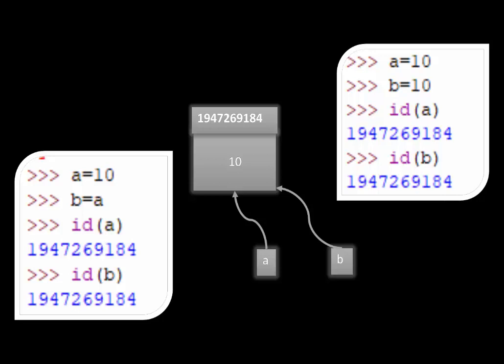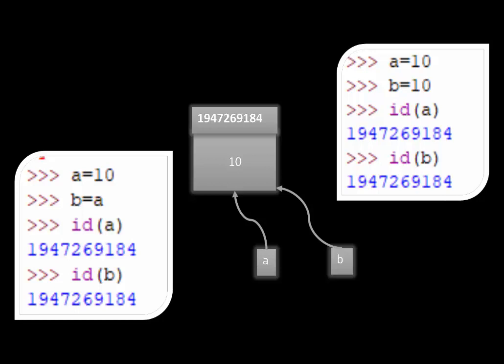Now if you see the other side, A is equal to 10, B is equal to 10. Here also, though you have written it as two statements, what have we studied in C? When you say A is equal to 10, there is a location created, it is named as A and it has 10 in it. And when B is equal to 10, there is another location created that also has the value 10, but it is named B. That is what we have studied in C also. That's what happens in all the languages.